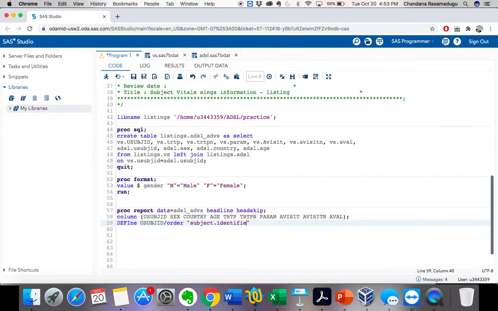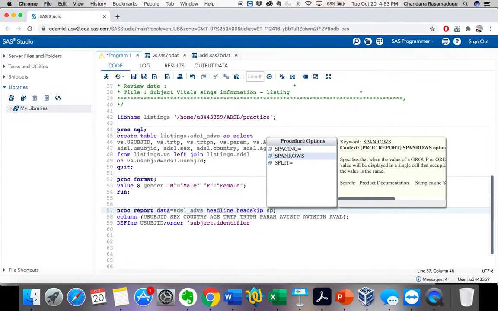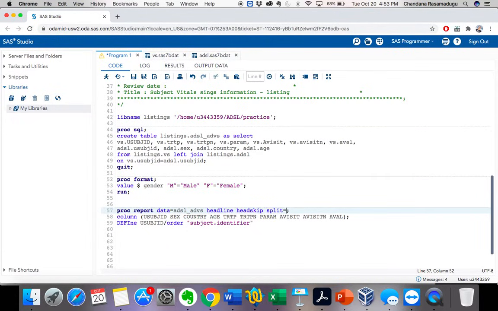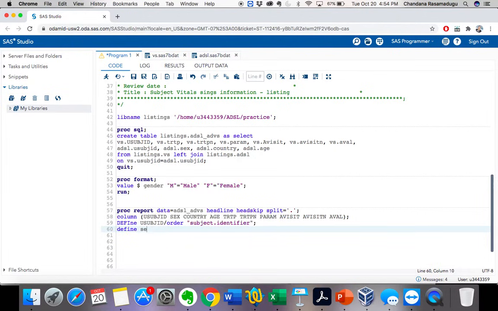Whenever I use a split, then I need to use the split option over here, right? Let's give split equal to, and here I have used dot as the separator, so let's specify that in quotations. So dot is my separator, and the next variable, so let's give define, the next variable is the sex variable, right?